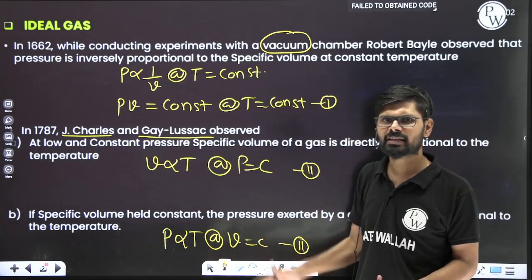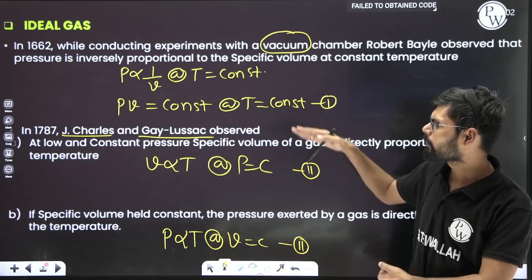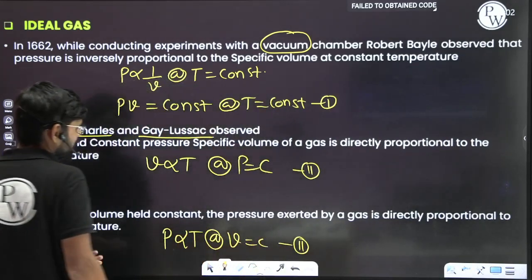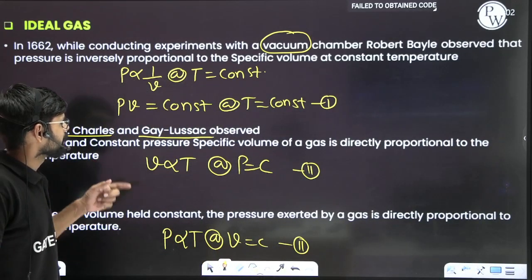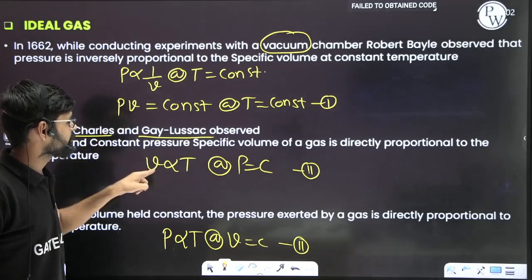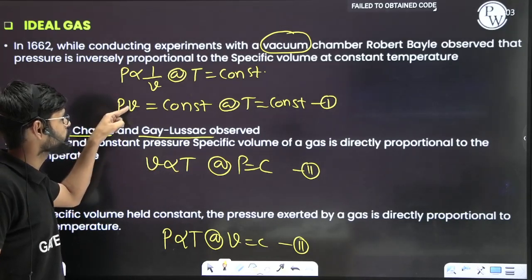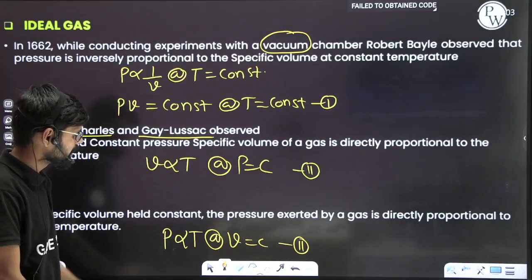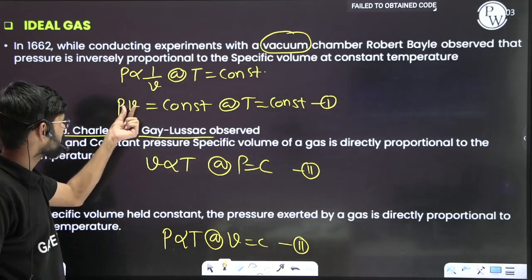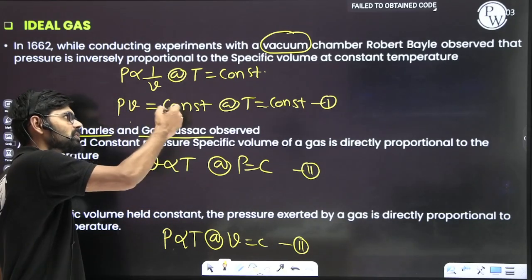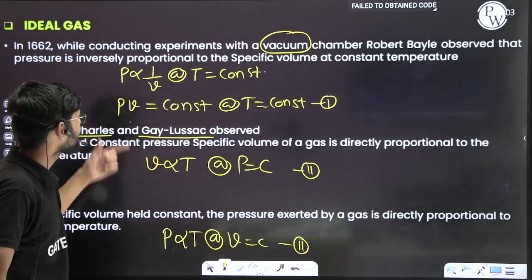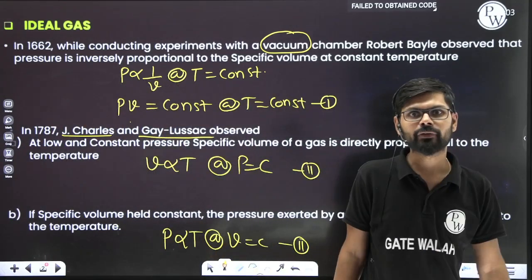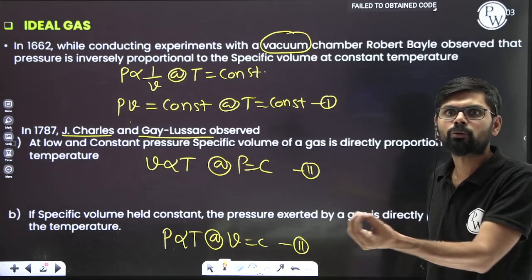That to check all these three laws. So what we are going to do, we are going to combine these three equations. You can conclude by seeing itself that if pressure is constant, volume is proportional to the temperature, means here temperature must be there. Similarly here also, if volume is constant, pressure is proportional to temperature. So in this term temperature should be there. So I can say that PV is proportional to temperature, or we can say PV equals some constant into T.